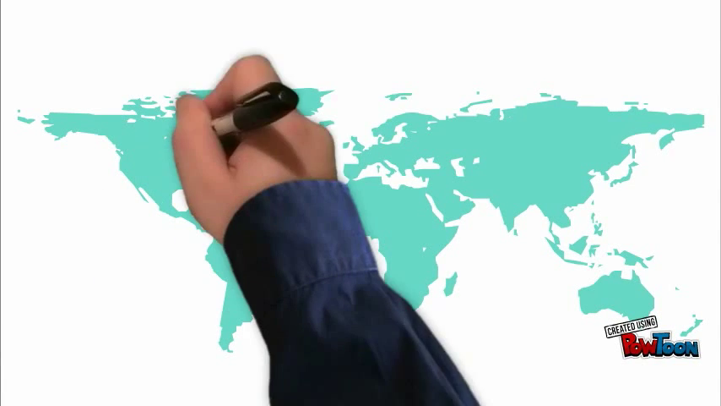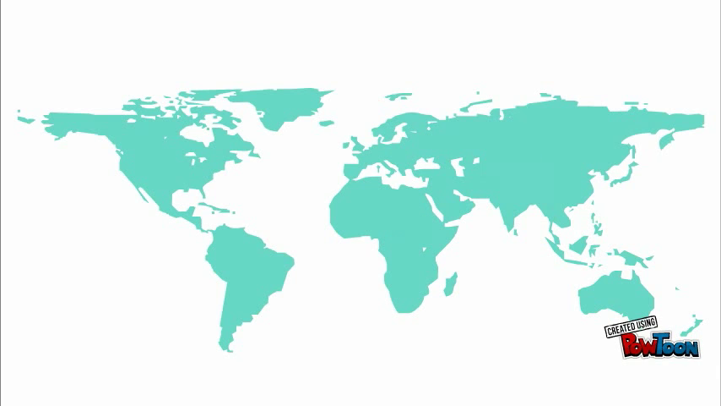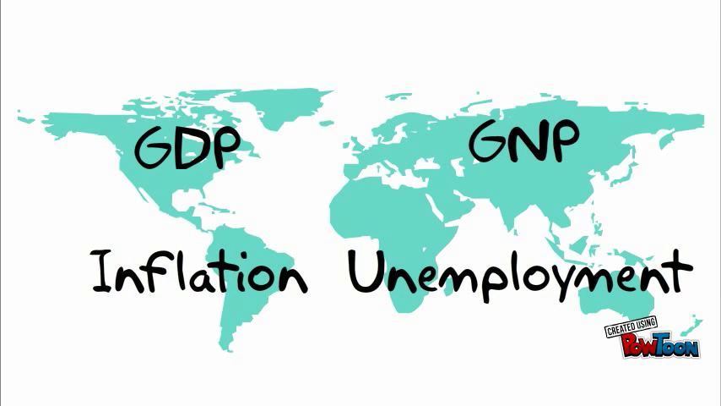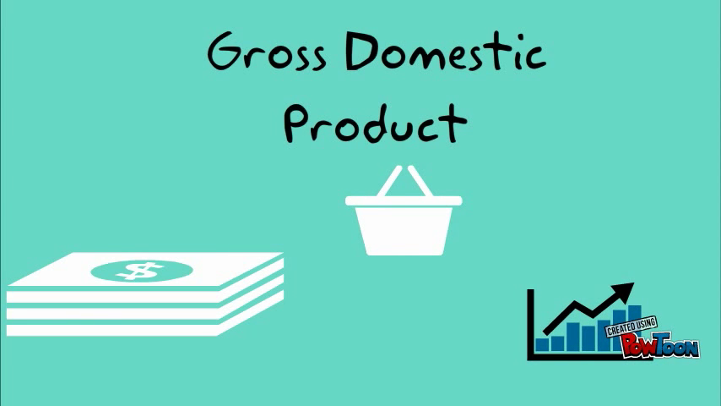In this video, we will talk about international trade and how it is used around the world. For starters, we need to understand GDP, GNP, unemployment, and inflation. First, GDP, or Gross Domestic Product, is the money that is spent, divided into domestic consumers, investment, net export, and